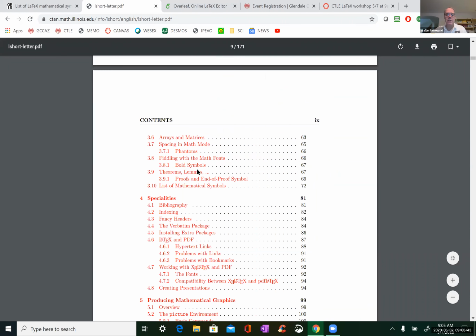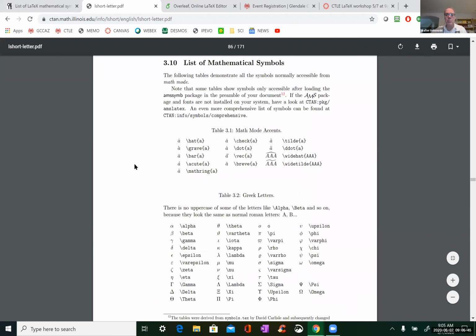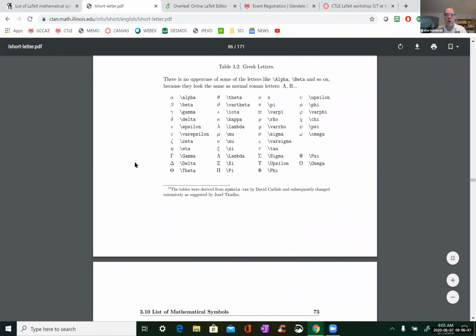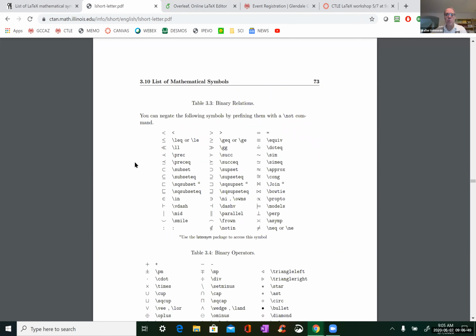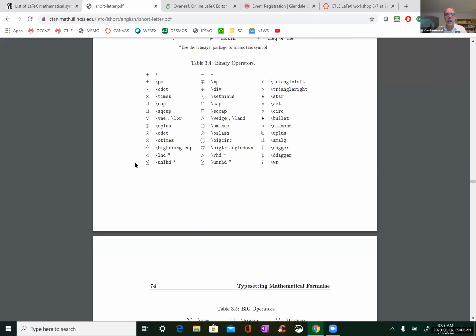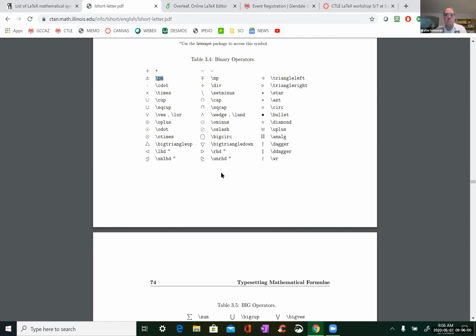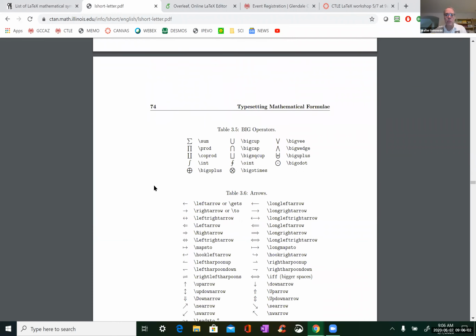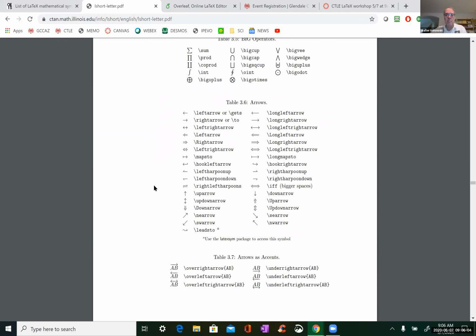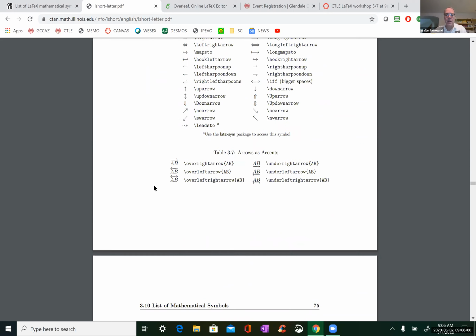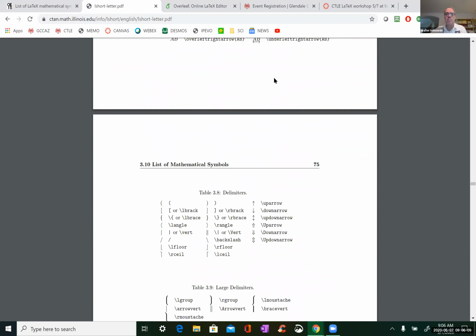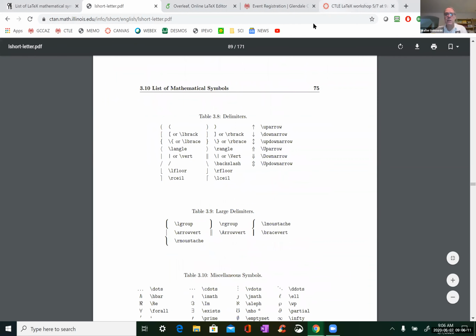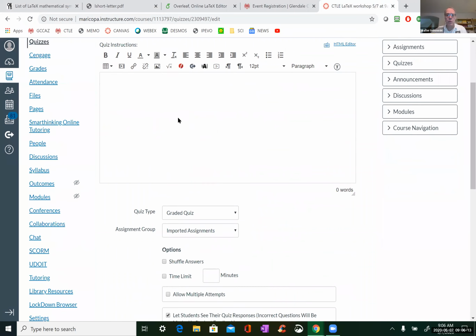It also has a list of mathematical symbols in section 3.10. You can see a whole bunch of symbols again. This one in particular, for example, plus minus, like in the quadratic formula. We're going to do that in a few moments. But you can see all the symbols you can get are available in LaTeX.